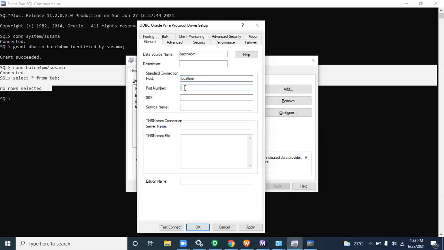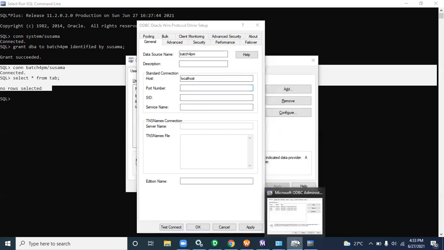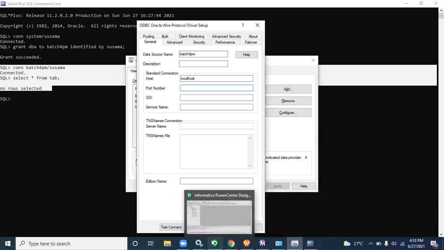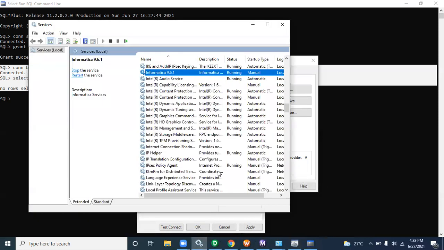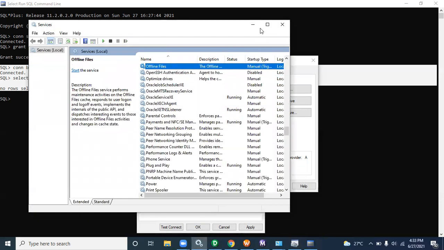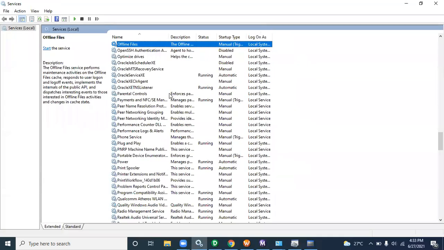But can I see the IP address of my local PC? Yes, you can see. Which IP address is it right now? I'm just putting localhost. Why? Because of the Oracle server, and let me show you.